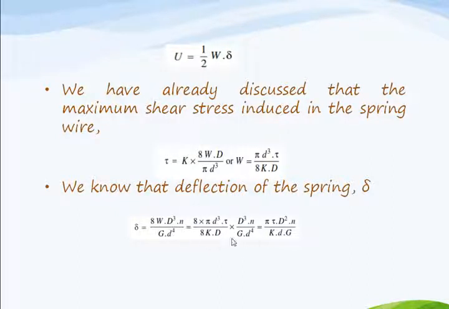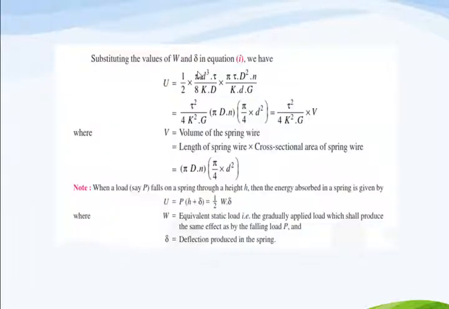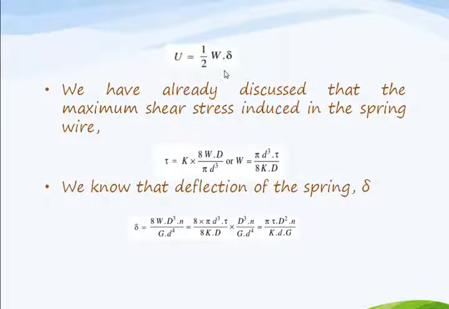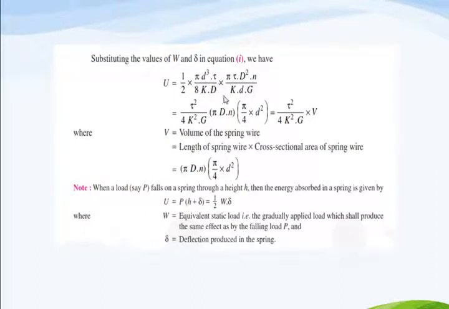If you solve this by cancelling the 8 and 8, and cancelling d power 4 and d cube, we get delta as pi into tau into D square n by K into d into G. If we substitute the W and delta values in the U relation, U is equal to half W delta, we get half into pi d cube into tau by 8 K D, into pi into tau into D square n by K into d into G. Now we write this relation in terms of volume. The volume is pi D n